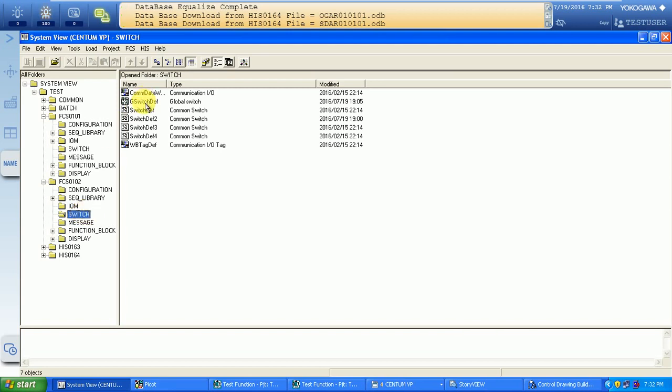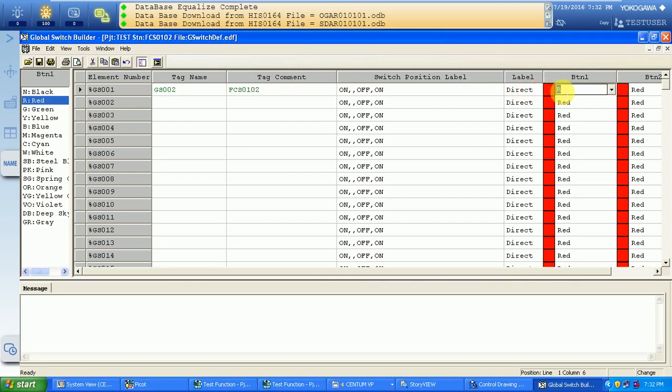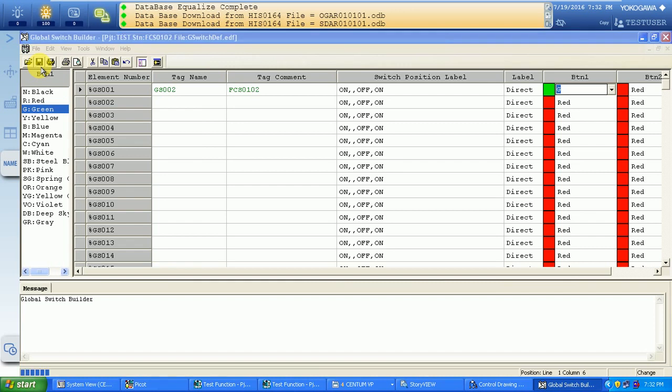Go to the second controller and create a switch with GS002, and for identification the tag comment FCS0102. The label remains the same, change it to green and download it.